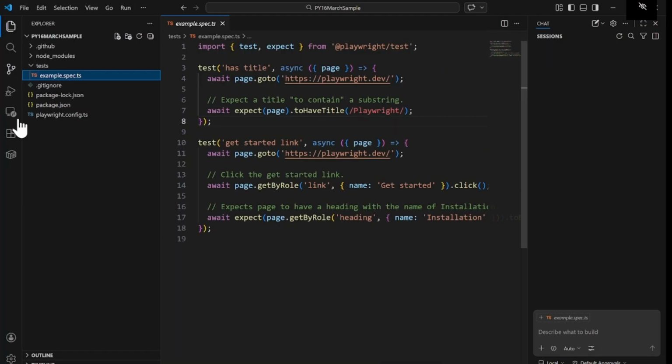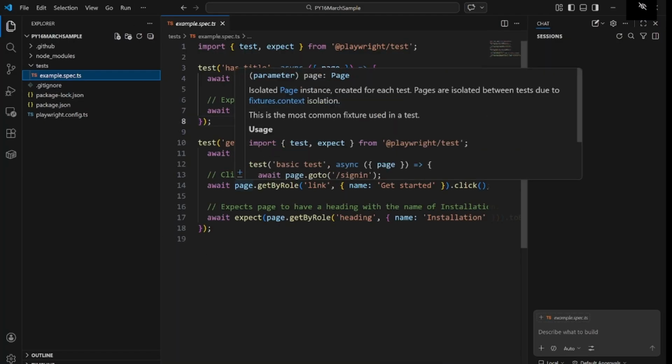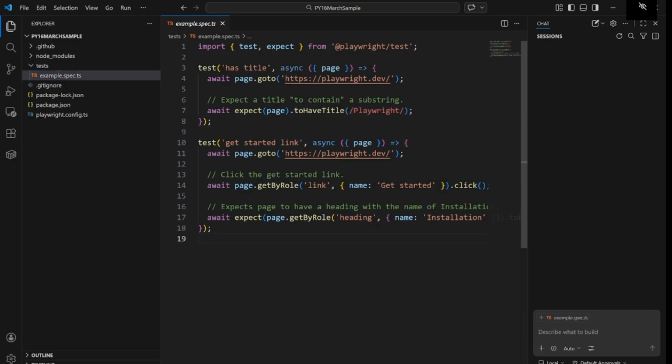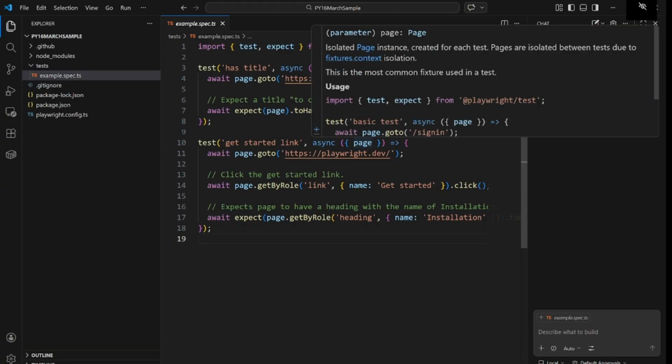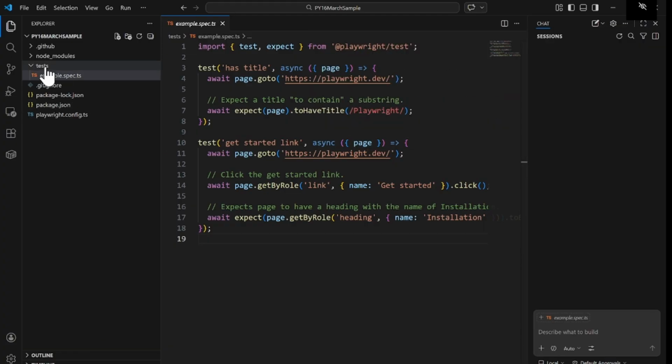So first, we already saw that these files are created when we install Playwright in our system. Today I'm going to tell you how you can write your first test script. First we will understand what is actually required to write your first test script, right? So you have to go to this test folder, and inside this test folder you have to create one file. That file you can name as